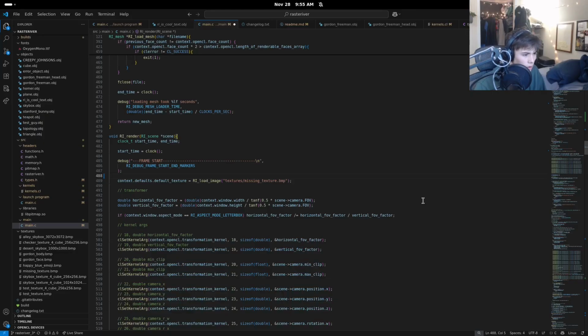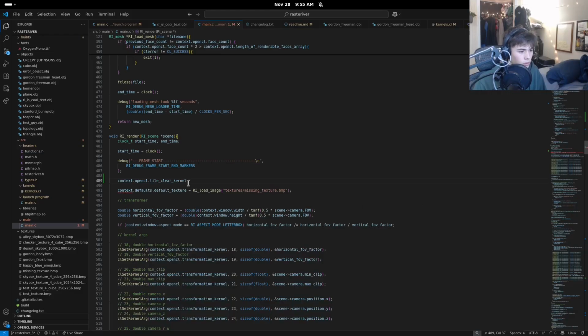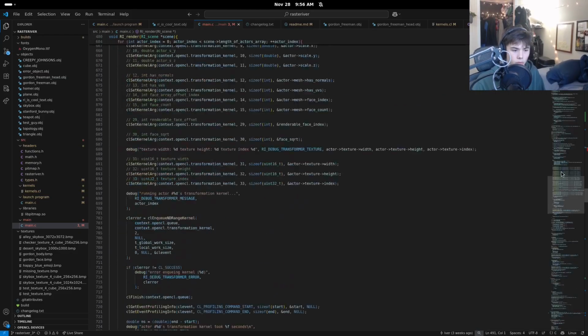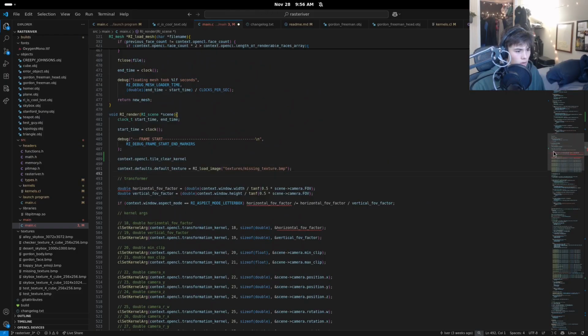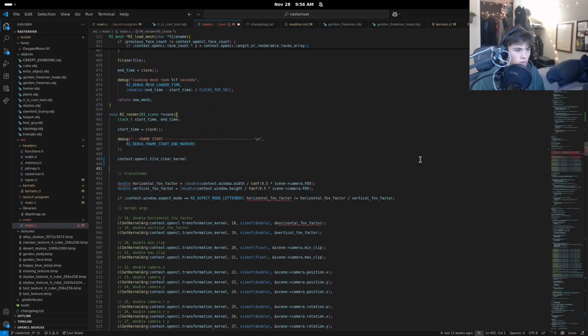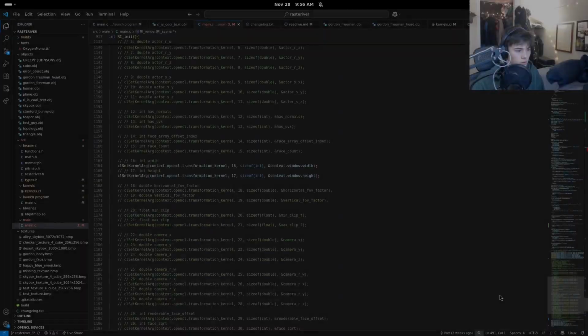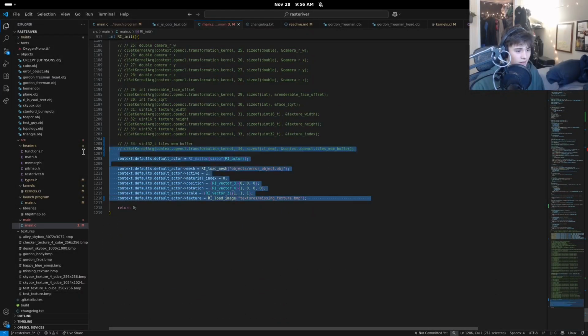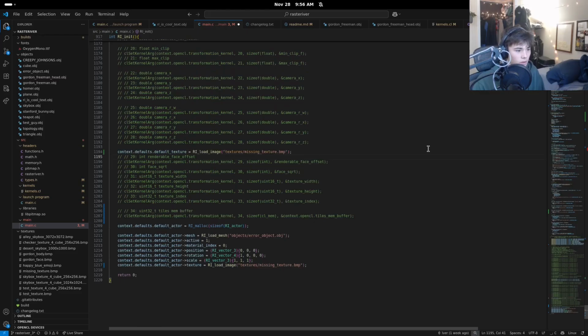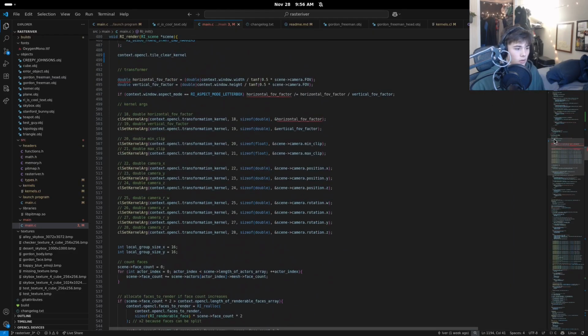Wait, what? For some reason, I'm loading the missing texture every single frame. That's weird. And very strange. It already does it right here. Okay, that was super weird. Context default texture. That doesn't even exist, does it? Oh, I guess it does. Okay. Anyways,